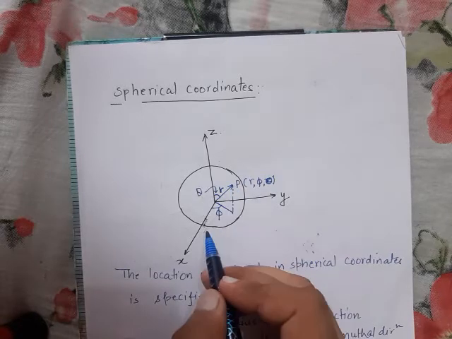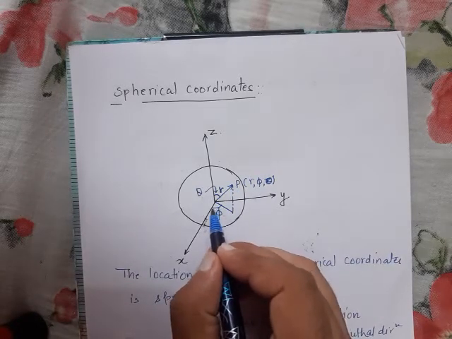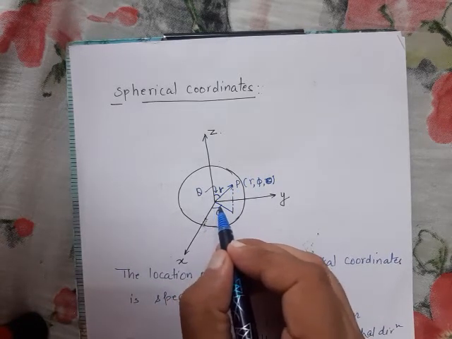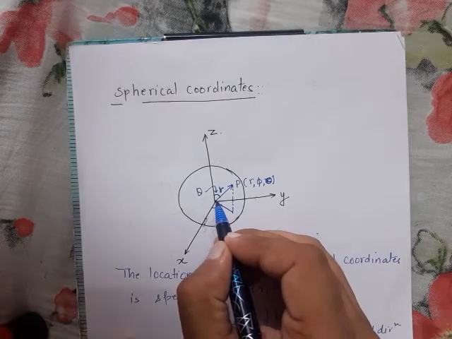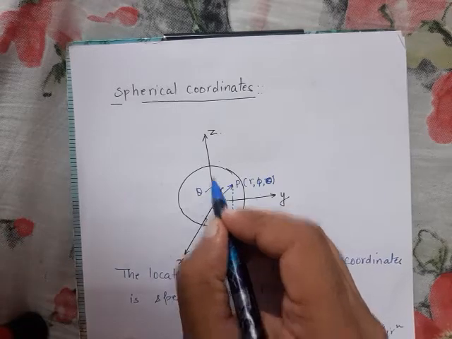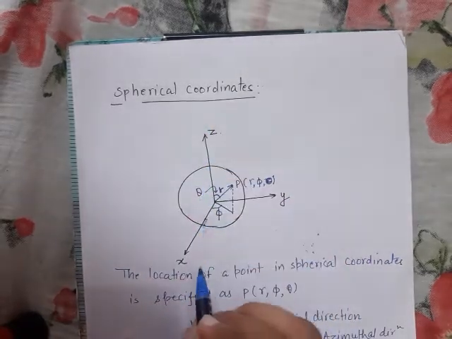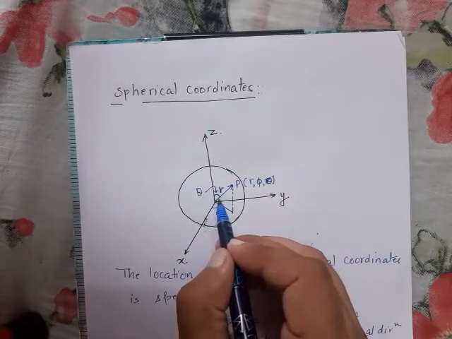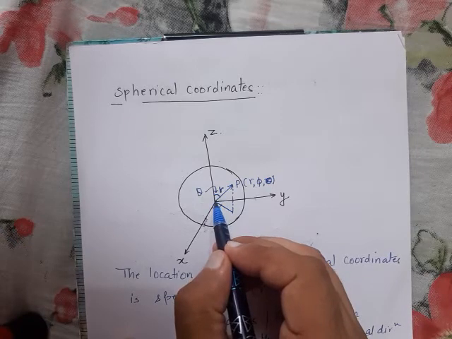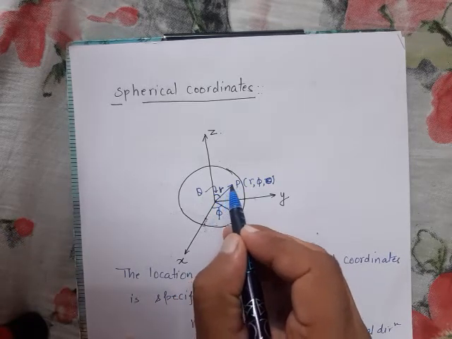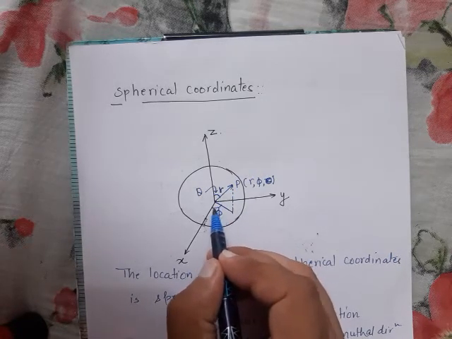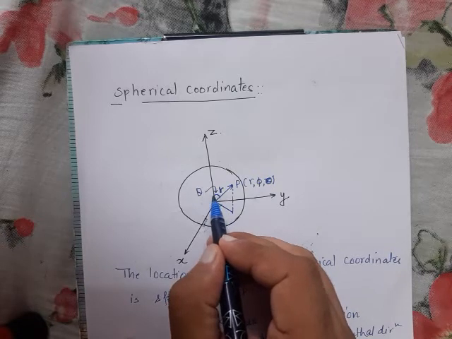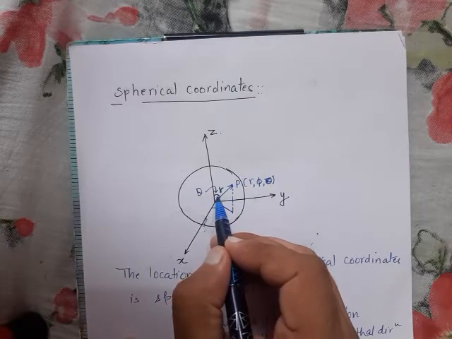So this point P is defined by this angle phi, similar to that of cylindrical coordinates. Then there is the radial location from the center of the sphere. Please note, in a cylinder we define the radial location from the longitudinal axis, but in spherical coordinates the radius is defined from the center of the sphere. So the point P is defined by its radial location from the center of the sphere, r, the angle phi, which is known as the azimuthal angle, and this angle theta, which is known as the zenith angle or polar angle.